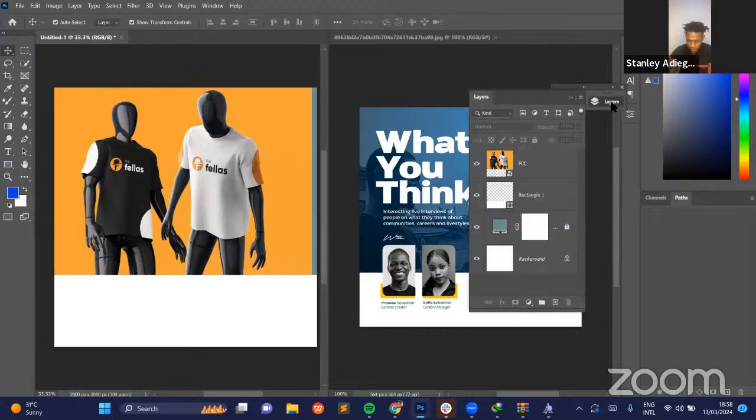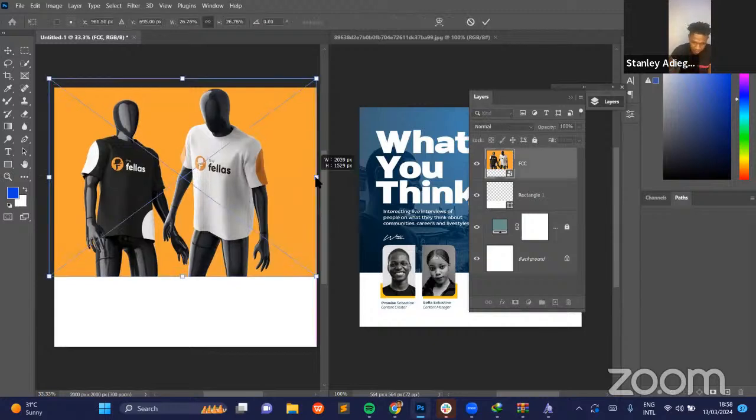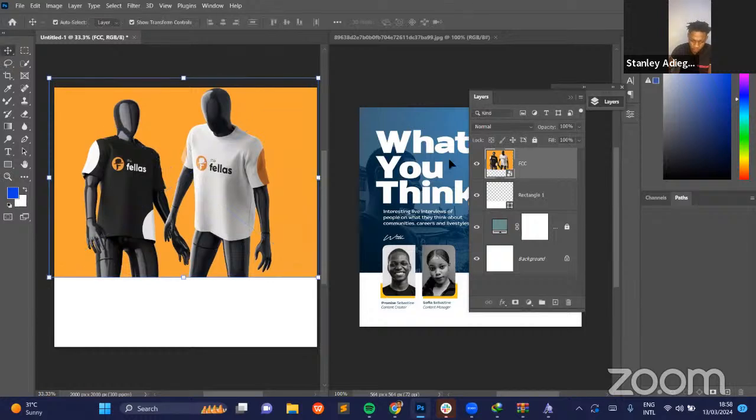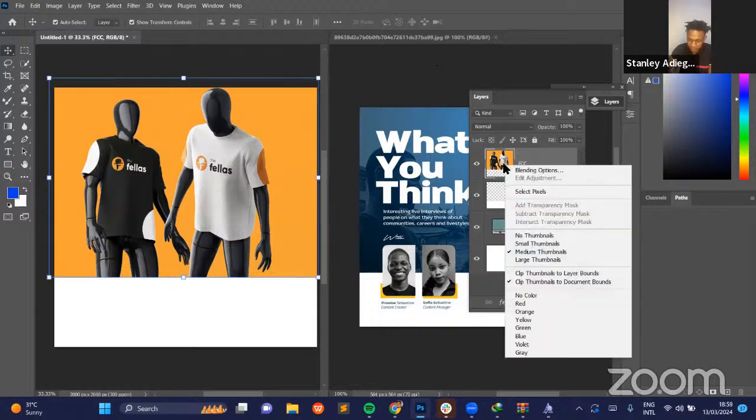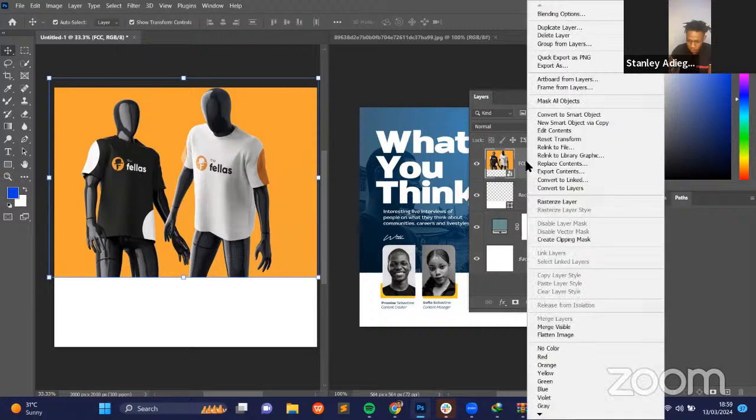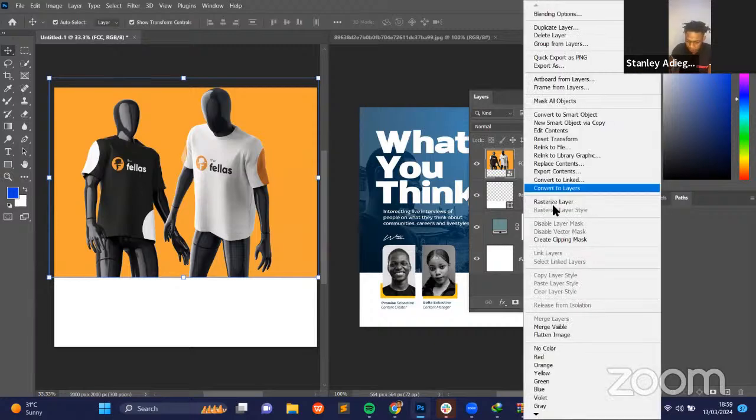Then come back to layers. Now, I would always encourage that when you are designing like this, make sure that your layer is a smart object. Make sure that this layer is a smart object. By that I mean you just come to the layer, and